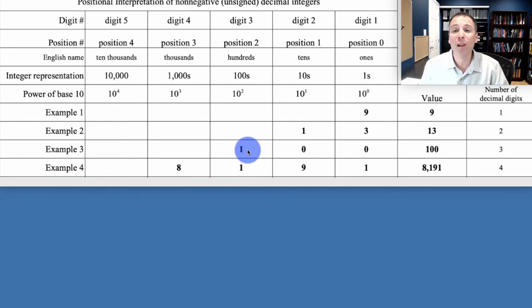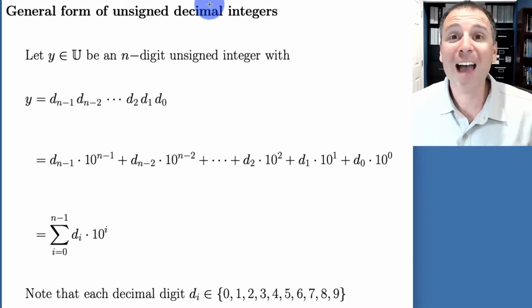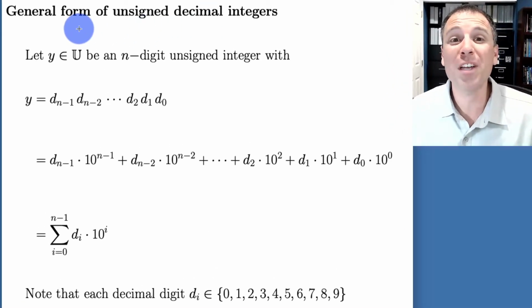Do you see a relationship between the number of digits and the corresponding number of positions that we take advantage of in our unsigned decimal representation? Let's see if you got it. For a 5-digit representation, how many positions would we take advantage of? Yep, you got it. We would take advantage of 4 positions. So if I tell you that I have an n-digit decimal number, the largest power of 10 is going to be n minus 1.